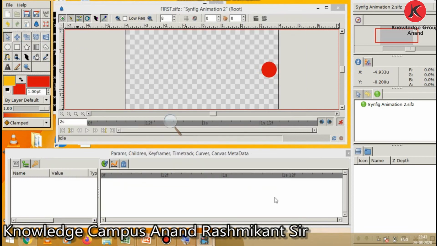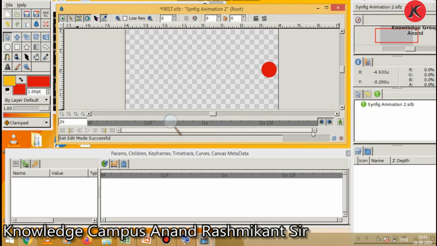Now time for rendering. So finally we need to render our work. Rendering means the computer uses various algorithms to apply the final effect you have specified on the object created. So before rendering, click on the animate editing mode button. So now it will turn off.